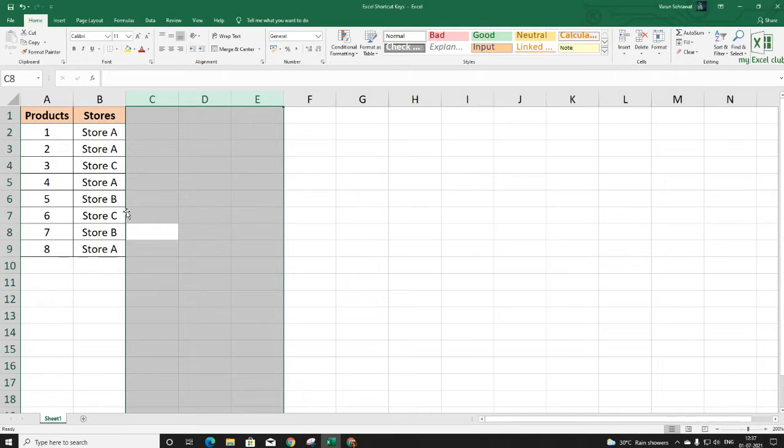So this is how you can delete the entire row and column in your data without using any mouse. The only difference in inserting and deleting rows and columns is Control and plus sign to insert and Control and minus sign to delete.